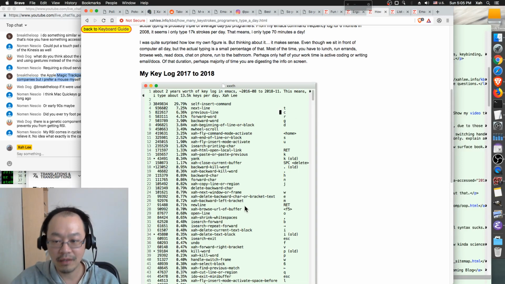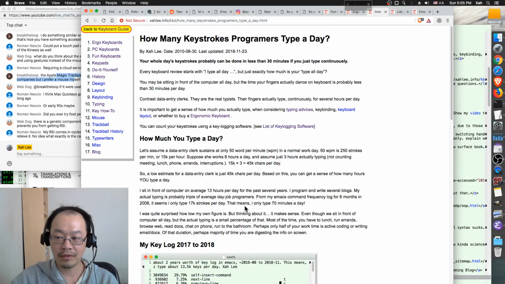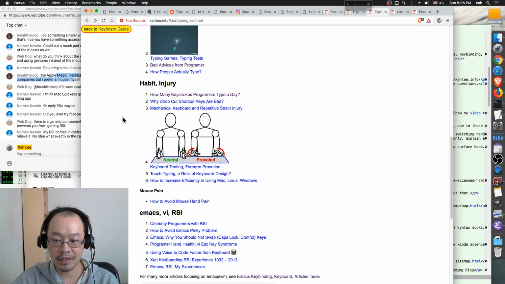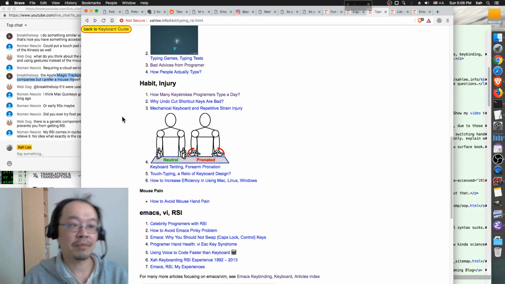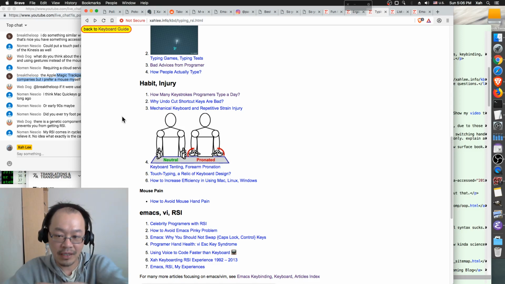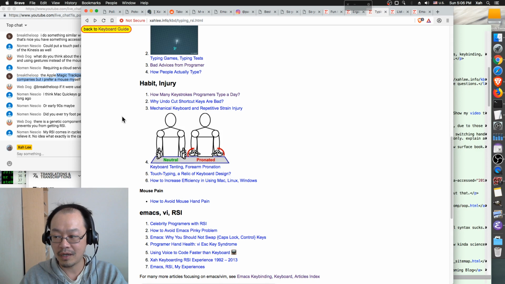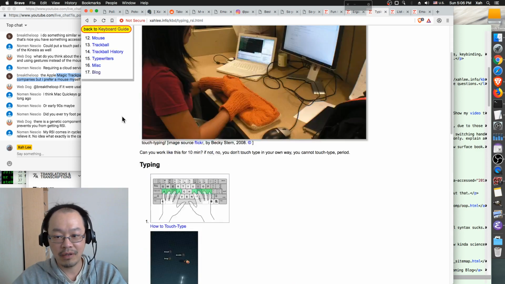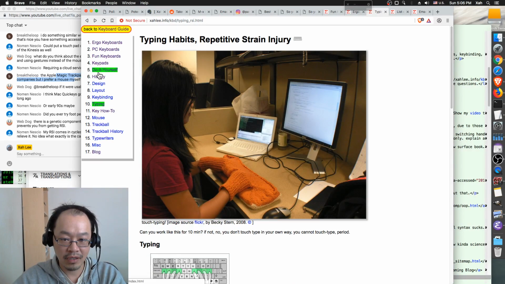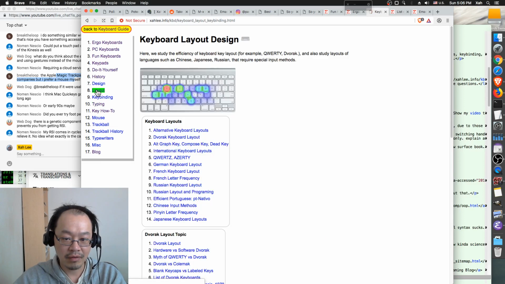That's my key log. You want to do that if you have any concerns about keys or key bindings. The concern comes in many ways. For example, if you have hand pain, you want a key log. If you're using Emacs and have hand discomfort, you want a key log. If you are designing a keyboard layout, for example, if you go here, layout, this section is all about layout.